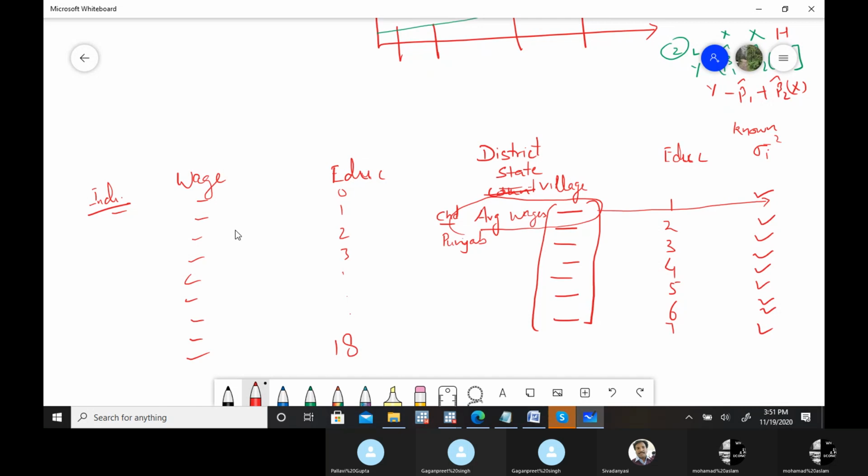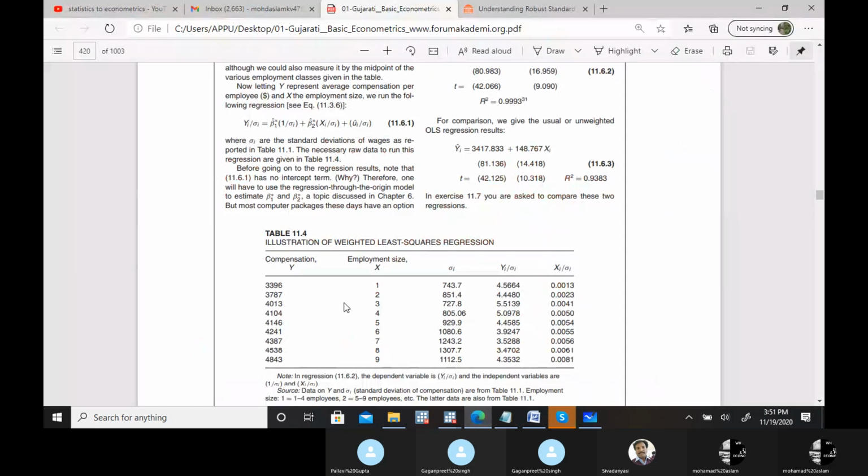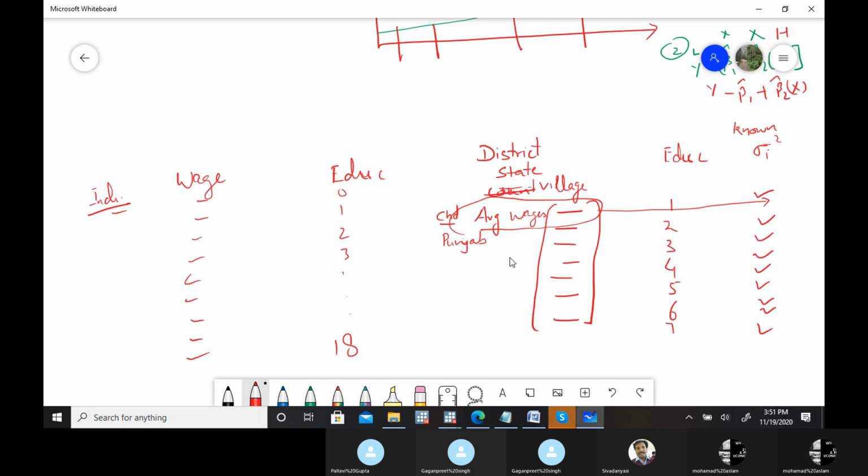Actually, when I studied this heteroskedasticity chapter the first time and studied this example from the book, I got the point of what it means, but in practice I never understood when this case would occur, when we know this value. But when I ran these regressions for various purposes, I realized the simple point is that whenever we have a dependent variable that is not individual data, but might be state-level, district-wise or country-wise data.